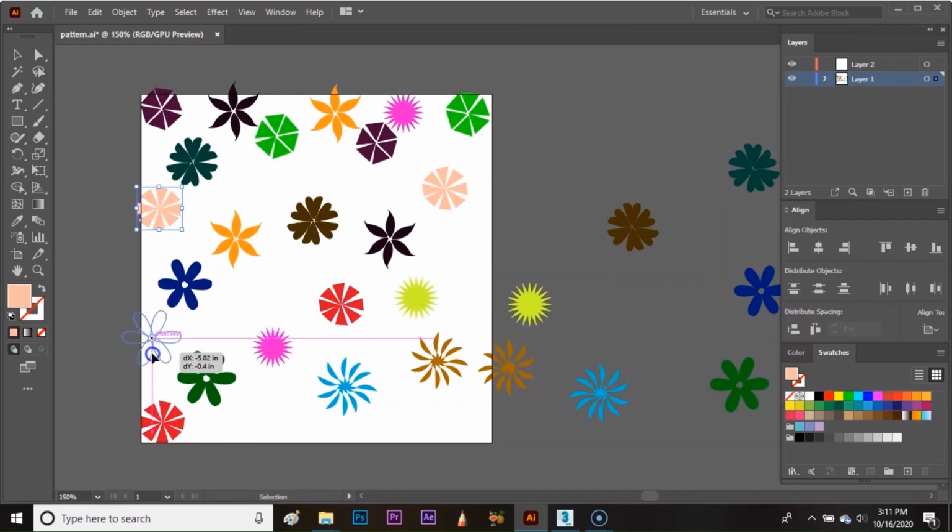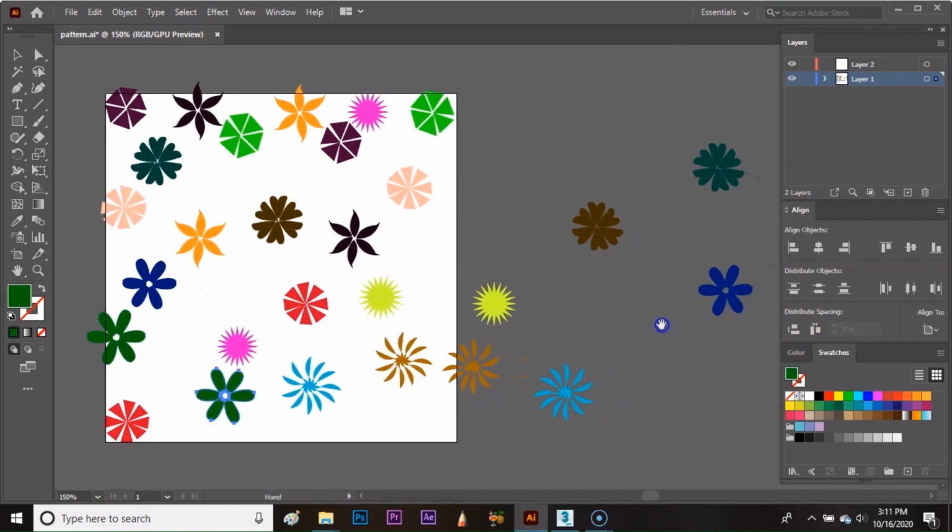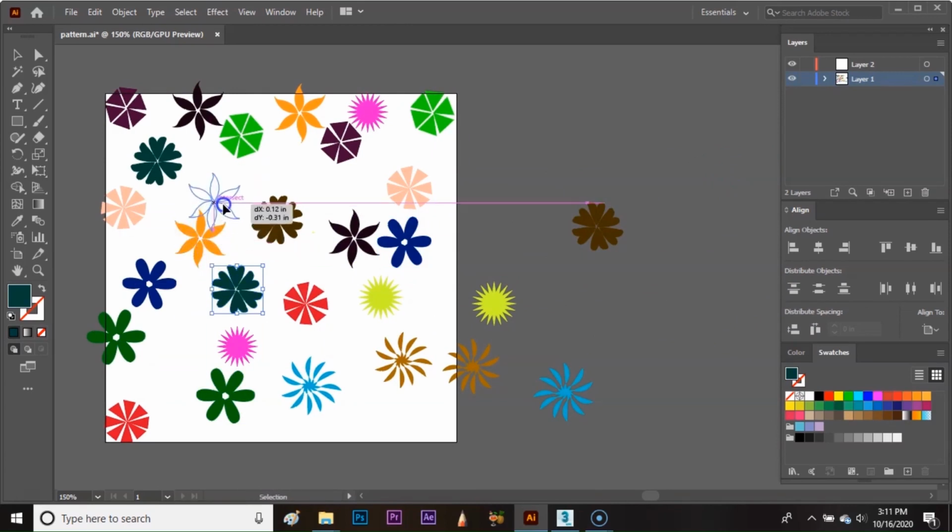Now we can also add items in the middle of the artboard. Be careful not to add items on the right border and on the bottom now.